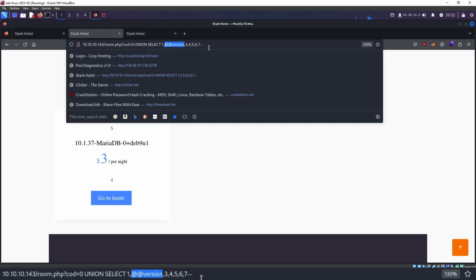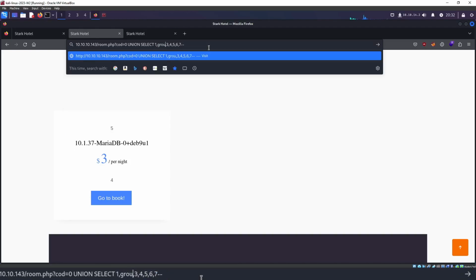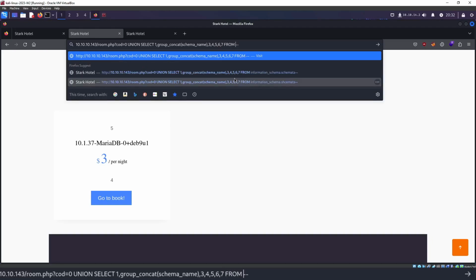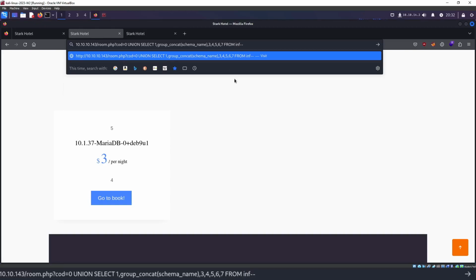So what I'm going to do is, before I even start getting the names of tables, I'm going to get the names of all the schemas that are available. And to do that, we're going to use the group_concat command. And group_concat will just take the different variables that are retrieved from this query and return them as a group. So the argument for this is going to be schema_name, and we do need to specify what we're trying to pull from. So we can say, give me all of the schema names from the default name of the schema table. So information